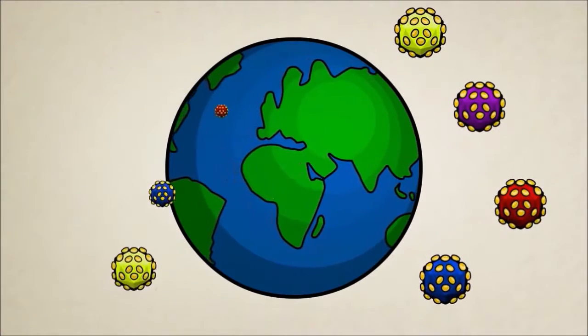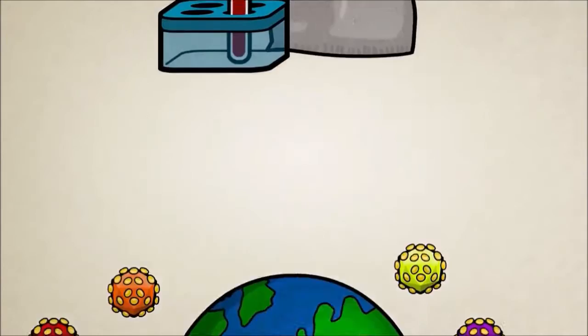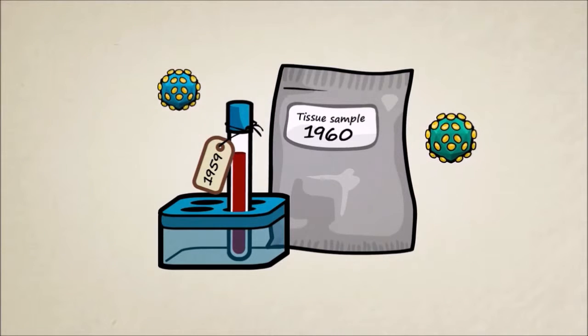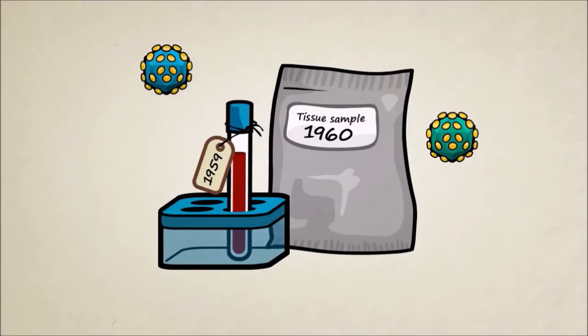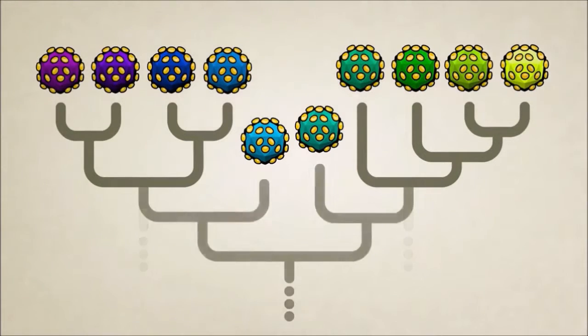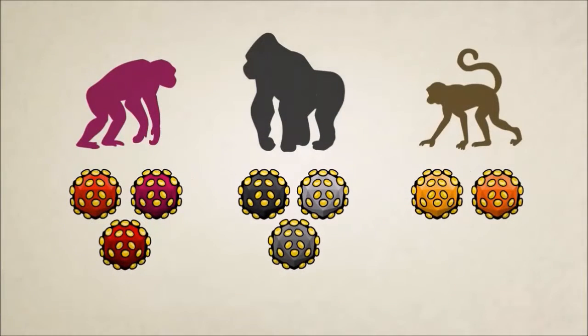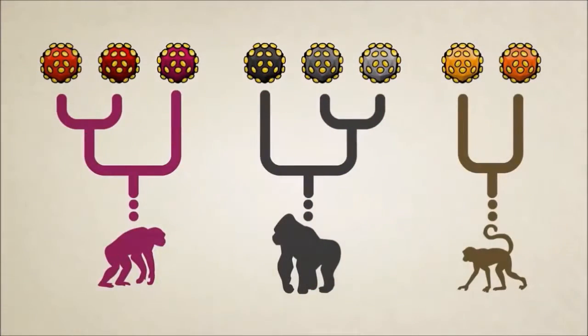Different strains of HIV were found in people all around the world. Scientists even looked at tissue samples from the past, which doctors had collected and preserved from patients who died strange deaths. Primitive versions of HIV were found in several human samples and added to the tree, connecting many loose branches. Viruses which were similar to HIV were also found in populations of monkeys and apes. For the most part, these viruses could not infect humans, but researchers began making family trees for these viruses as well, hoping they might eventually find a connection.